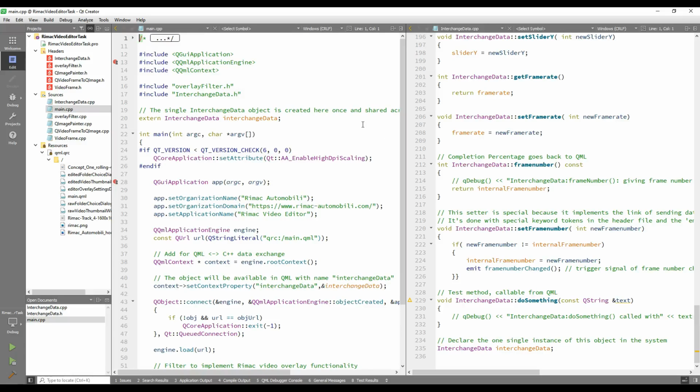Welcome to the fifth and last day of the Rimac's task development. I spent hours and hours, multiple different ways, trying to get the frame number that was being edited back into the graphical side so I could update the slider and the percentage. You would not believe how hard that is,